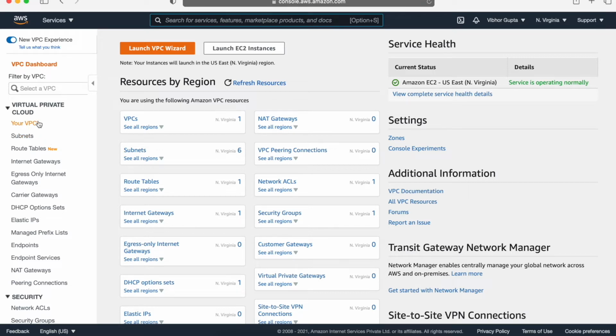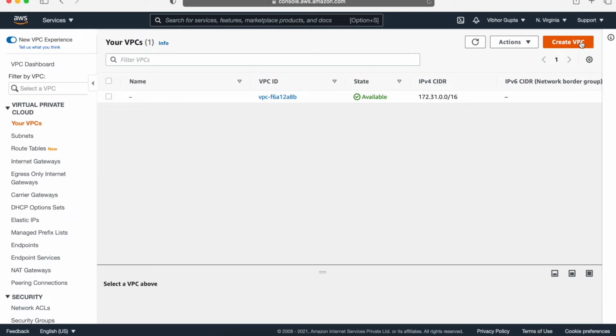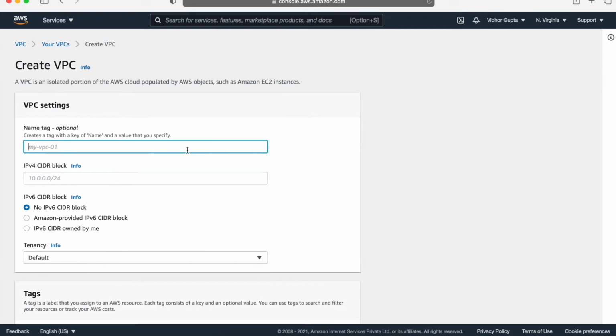So click on VPC, click on Create VPC, and then we have to give the name to the VPC. So we are going to give the name as XXX. So this represents the name of our app, then VPC, then -1. Then we have to give the IP CIDR. So in this example, we are using 172.16.16.0/20. So this is our network IP address.